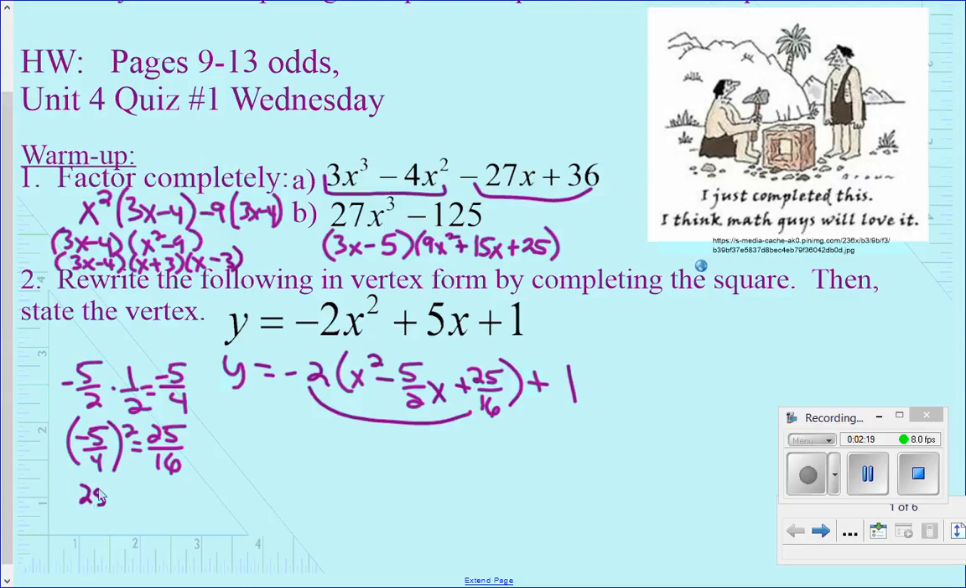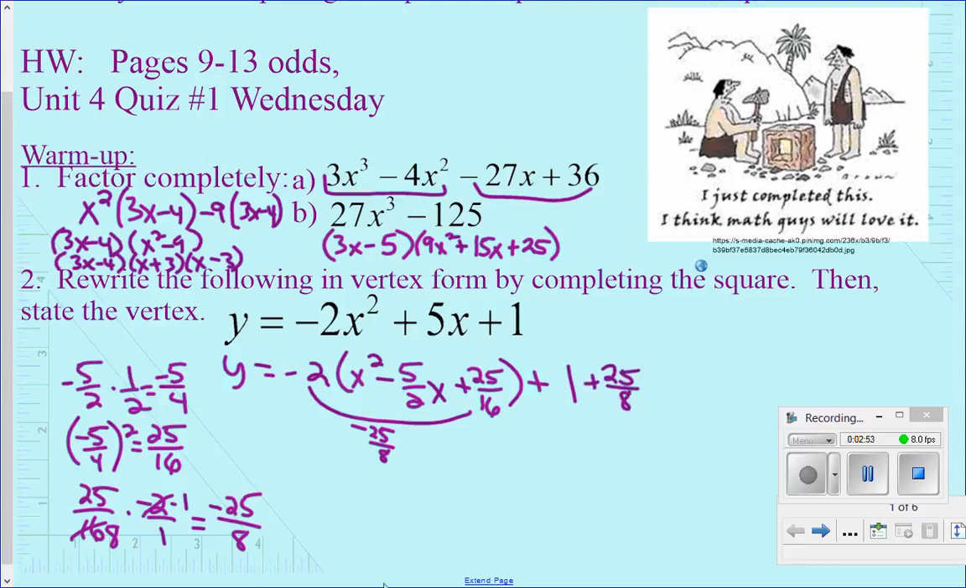So 25/16 times negative 2 over 1. I'm going to simplify on the diagonal before I multiply. So 2 goes into both of those, so negative 1 and positive 8. So negative 1 times 25 is negative 25, and 8 times 1 is 8. So 25/16 times negative 2 is negative 25/8. So negative 25/8 is the amount that got randomly added, which means to balance this equation, I have to add positive